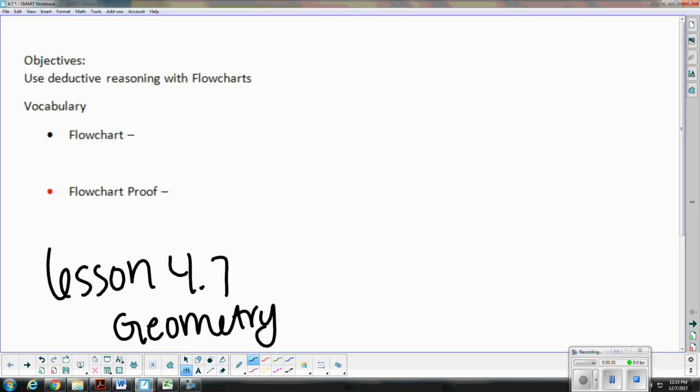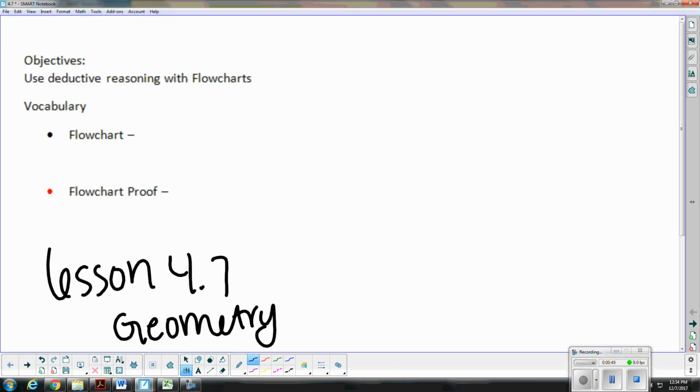So in this class, we're not going to write formal proofs, but we should be able to give a reason for every conclusion that we make, to give a reason for why we think something is congruent or why we know that a certain angle is a certain measure. So we're not going to write a formal paragraph proof for these things, but we are going to use these